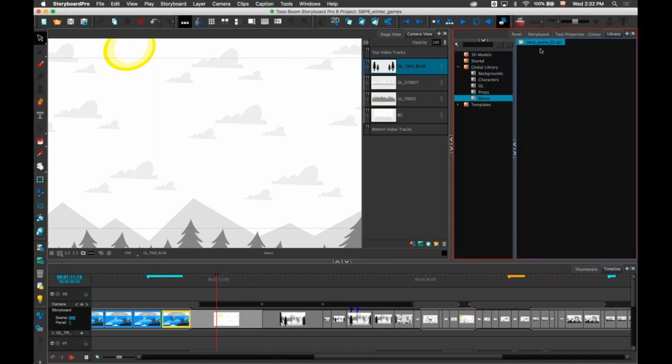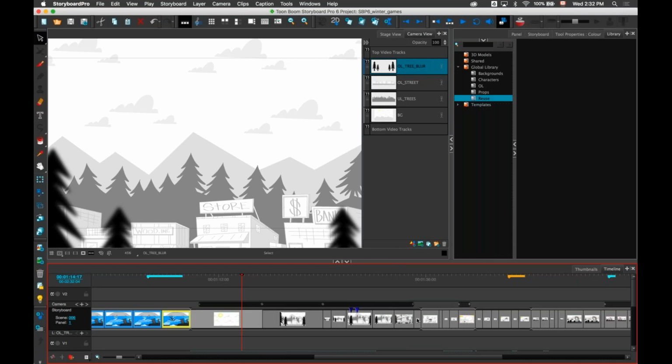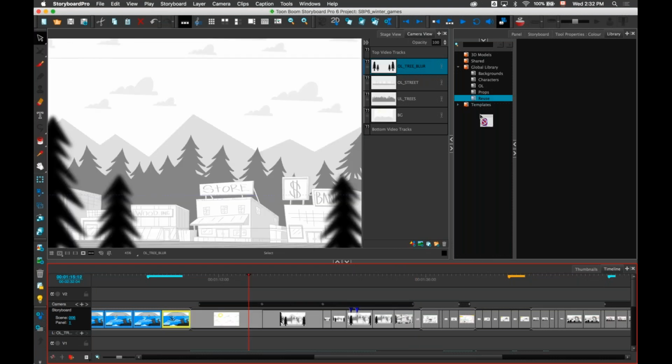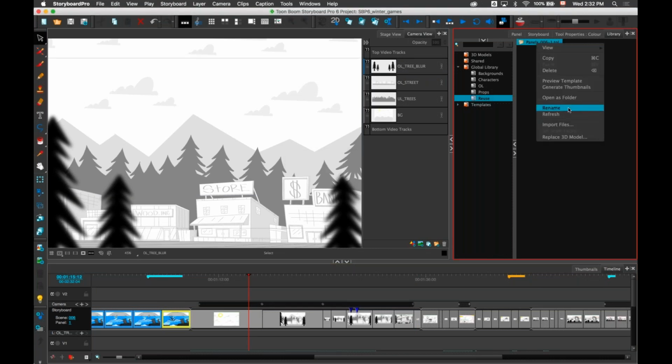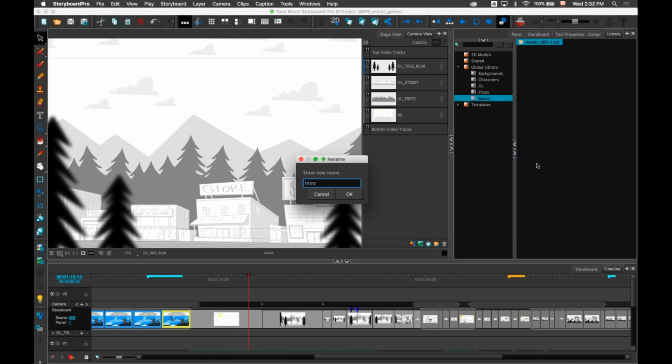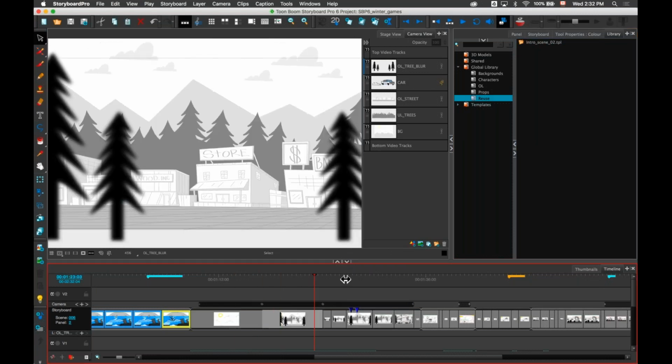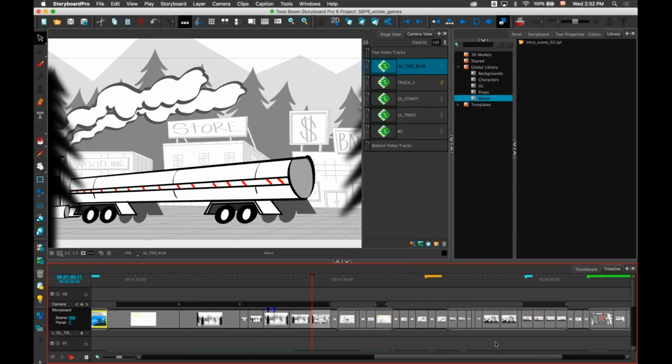So if I go to my reuse folder here, I will select some panels in my timeline, and I will drag those to my library. And when I drag and drop to my folder here, I can see I have 8 panels selected. So it really creates the template using all the panels that I had. After I've created it, actually, I should have renamed that one. This is my intro scene, 02.